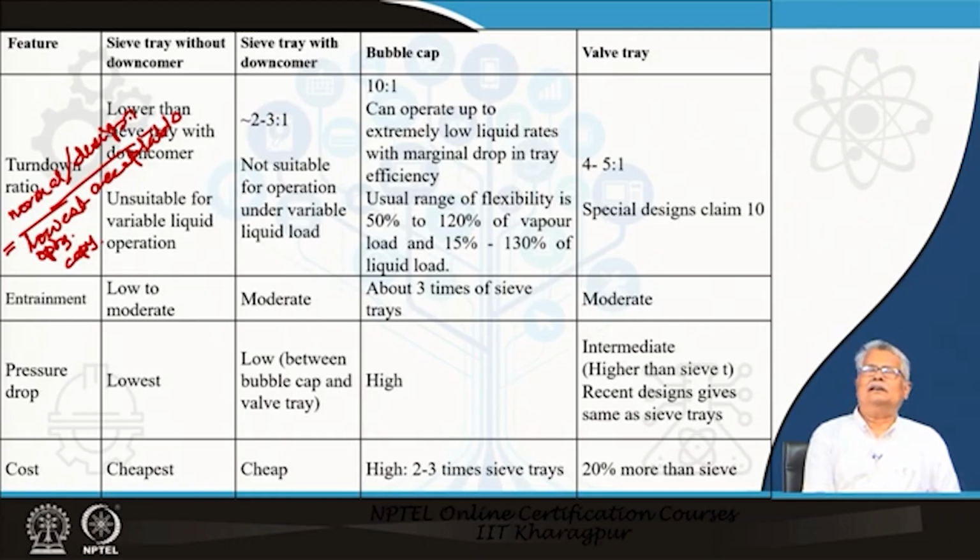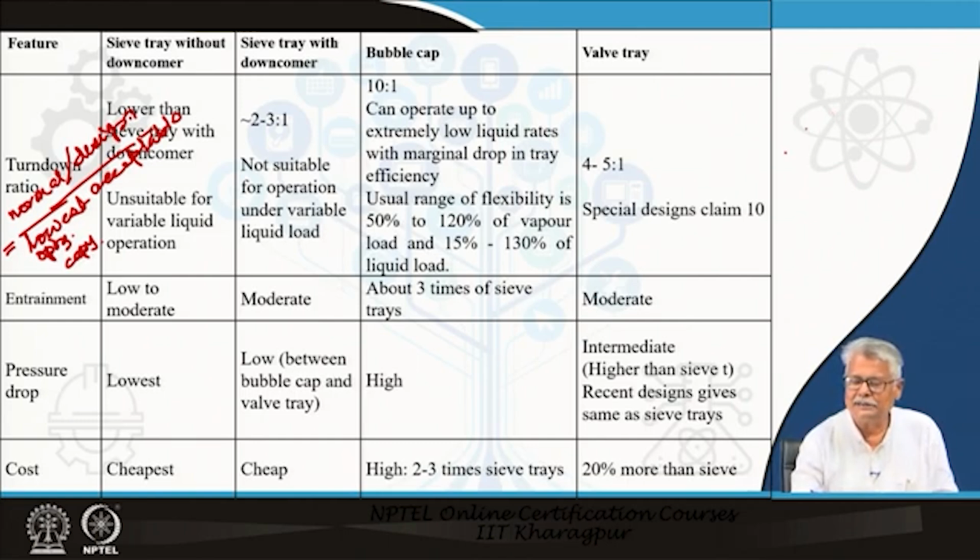The entrainment affects the capacities largely. You will find the entrainment in a sieve tray without downcomer is the least. The reason is very simple, because you have almost the entire column tray section through which the flow takes place, and there is ample scope for disengagement of the droplets from the vapor which is going up. You have a moderate level of entrainment in sieve trays with downcomer, and in case of bubble cap, roughly about 3 times the sieve case,